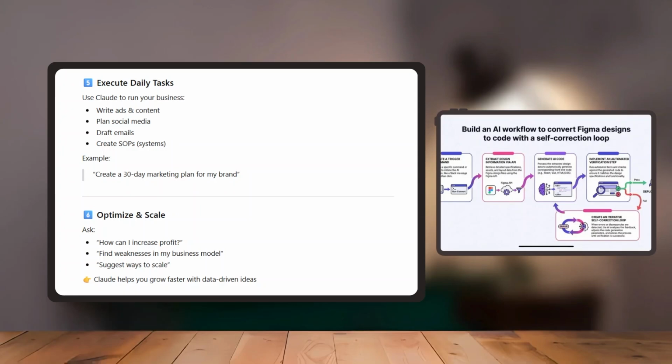your business. Now, execute daily tasks by using Claude to write ads and content, plan social media, draft emails, or create SOPs. For example, you can ask it to create a 30-day marketing plan for your brand to stay